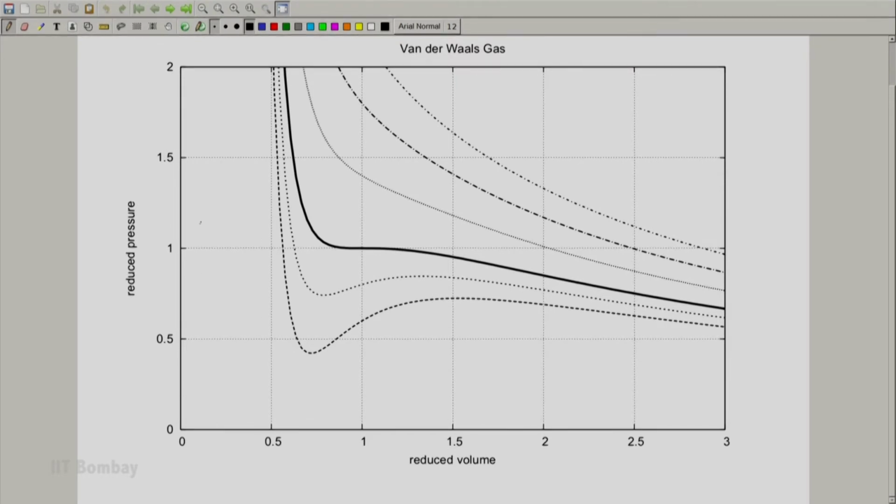Now, notice that what we have said here is the reduced pressure, and what we have said here is the reduced volume. Now, what does it mean? Before we see what it is, let us look at the isotherms. I have not put values on the isotherms, but just the way we have a reduced pressure, reduced volume, we also have a reduced temperature. It is important to look at this point. You will notice that the isotherms above this are of one kind, and as you go far above this, the isotherms essentially become rectangular hyperbolas.